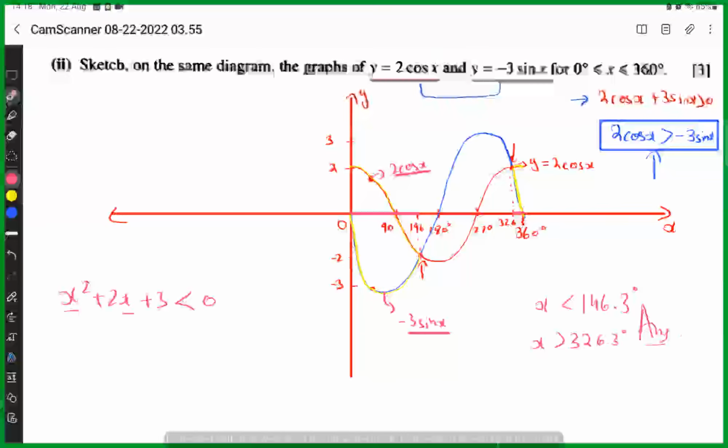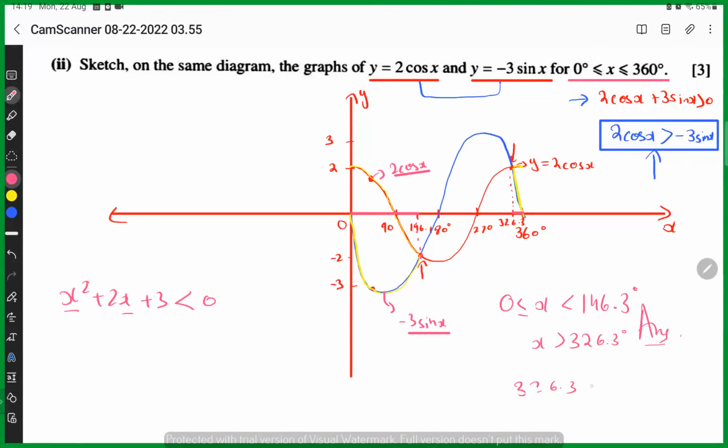Aren't we supposed to write x is less than 146.3 degrees, but greater than 0 degrees? We would have done that. You are 100% correct. But this is only for this part, right? This condition was already there that x is between 0 and 360. You can certainly do that. That would not be incorrect. You can certainly write it down this way. And then for this,